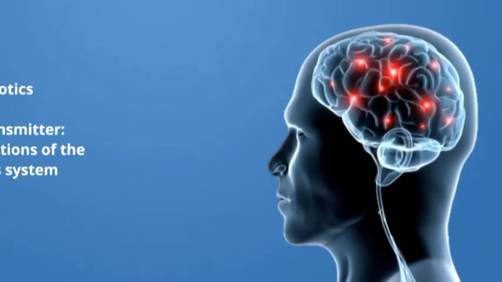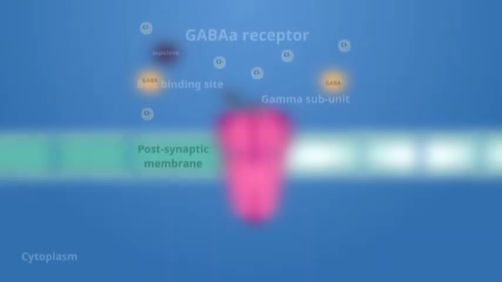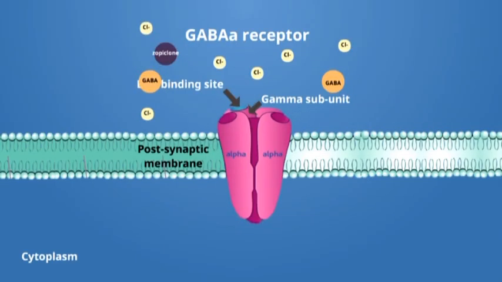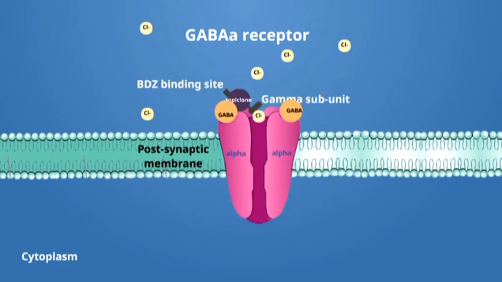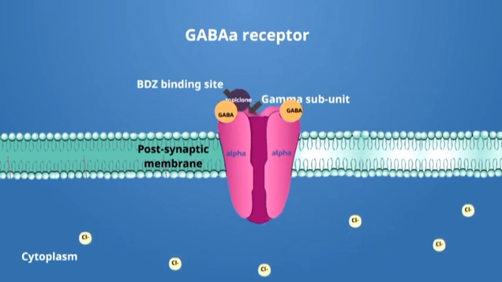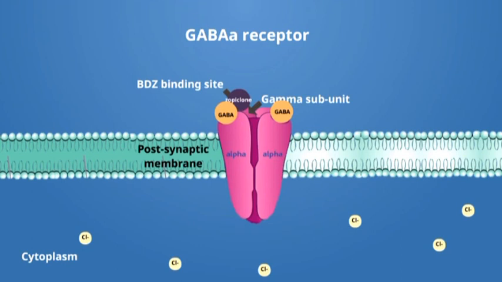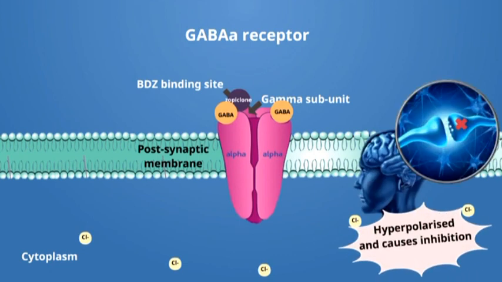When the receptor is activated, this forces chloride channels to open, causing negatively charged chloride ions to enter the postsynaptic cell. This makes the neurons less responsive to stimulation by hyperpolarization of the membrane potential. The widespread distribution of GABA receptors suggests that the brain is generally in a state of inhibition, stabilizing membrane potentials and dampening excitatory input. This is why zopiclone can treat other conditions such as epilepsy, anxiety, and even as a